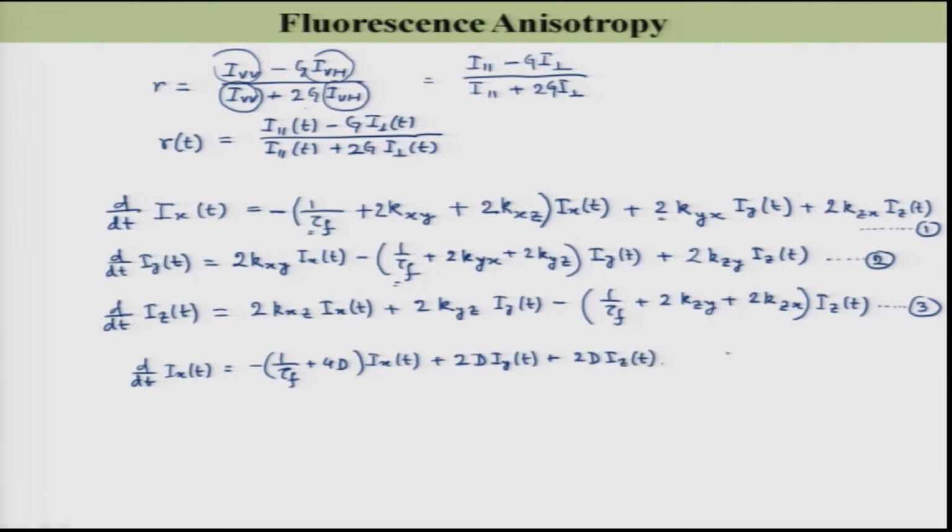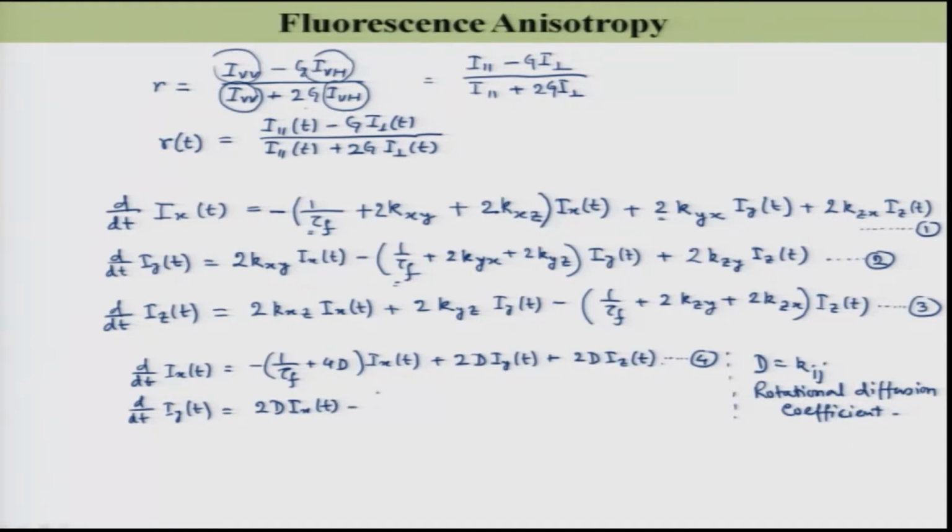Here I said that D equals all those different k_ij's, which is the rotational diffusion coefficient, right. Let me put this as equation number 4, and d/dt of I_y(t) is equal to 2D